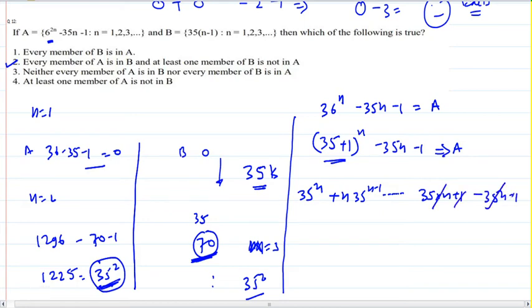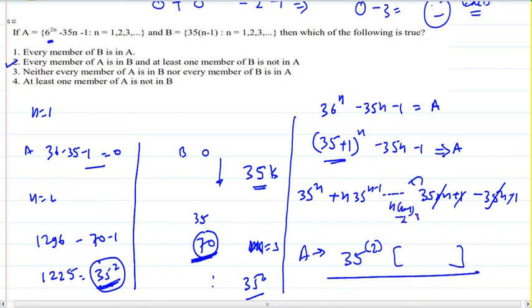Cancelled, cancelled, cancelled, cancelled. That means every term in A is a multiple of 35 to the power minimum 2 or above. Because the term before this will be n into n minus 1 by 2 into 35 ka square. This is advanced application of theorem called binomial. If you're aware of this stuff, you could have gone on this road as well, but this is slightly complex. Left hand side, it is easier to generalize. Observe the expansion here, put in some effort. We are going to the next problem.